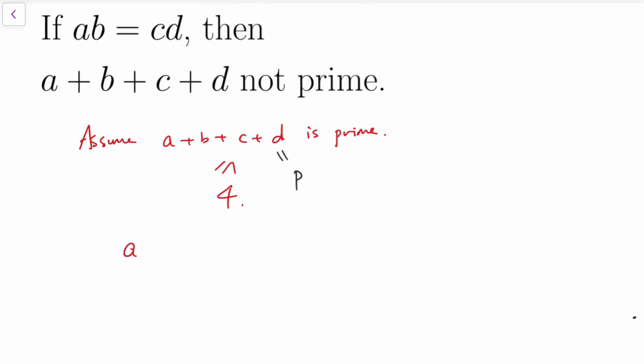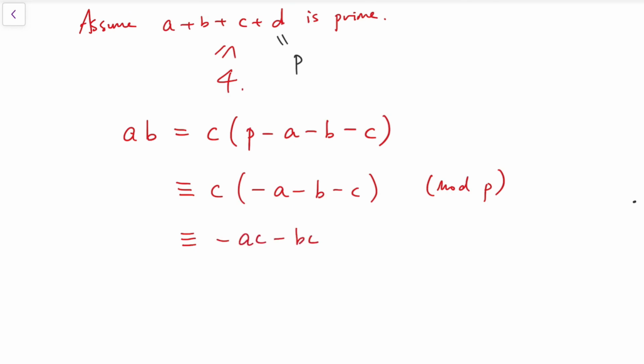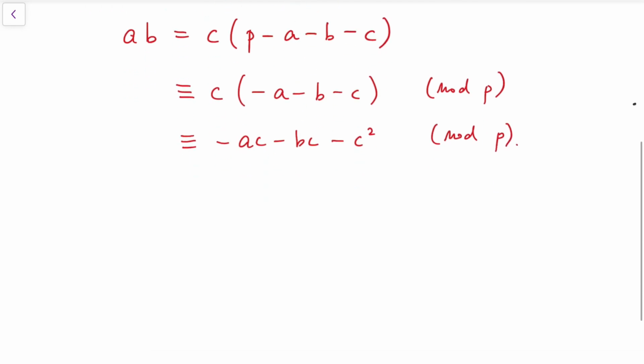Now given that ab equals cd, I can say ab equals c times (p minus a minus b minus c). By considering mod p, this is congruent to c times (minus a minus b minus c) mod p, since they have the same remainder when divided by p. So that means it's congruent to minus ac minus bc minus c squared mod p. It's just expanding. Therefore, ab plus ac plus bc plus c squared is congruent to 0